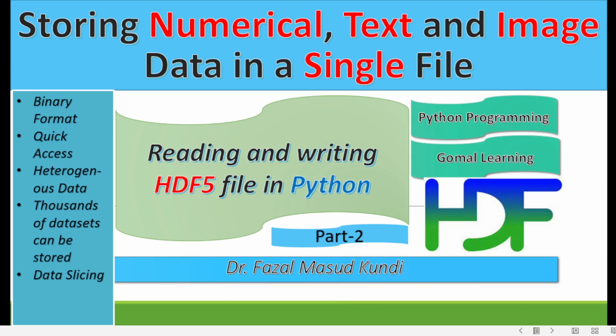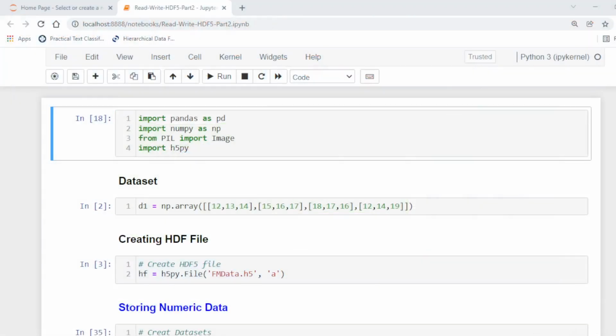You can compress the data, you can slice the data. It supports different features that can be used during the data analysis. So let's start this.